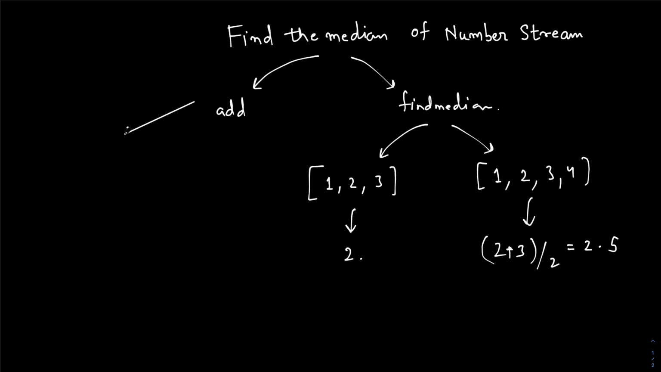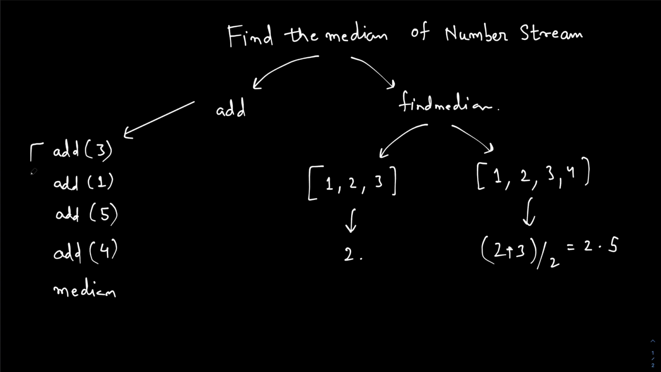So add is like we are adding 1. Let's add from here. Firstly we added 3, and now we need the median